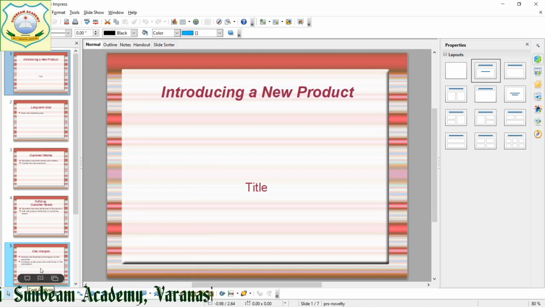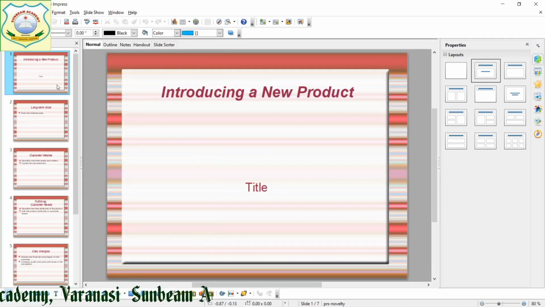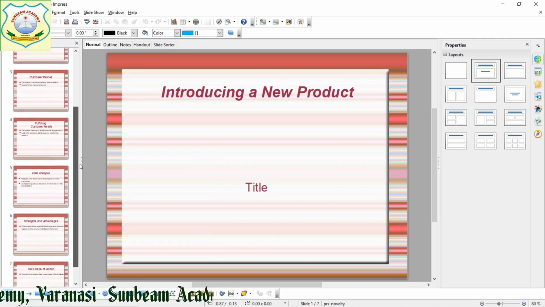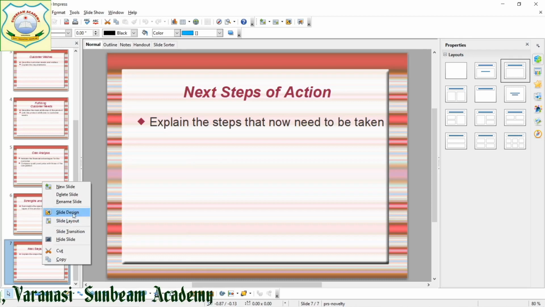So first of all we will see slide sorter view. Here you can see this is the slide sorter view. Now you can see all the slides, 7 slides are there. It has come onto our screen. Suppose in a normal view I am going to make its duplicates, or I am going to make some more slides.